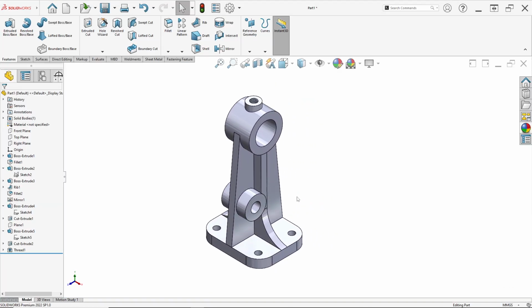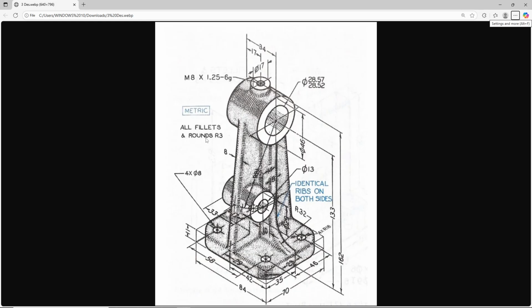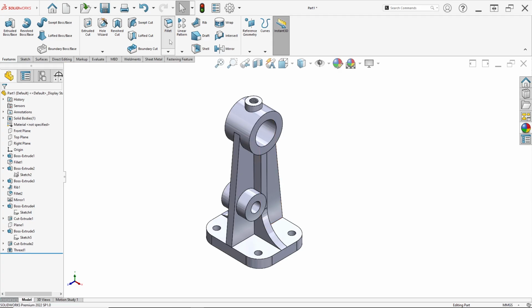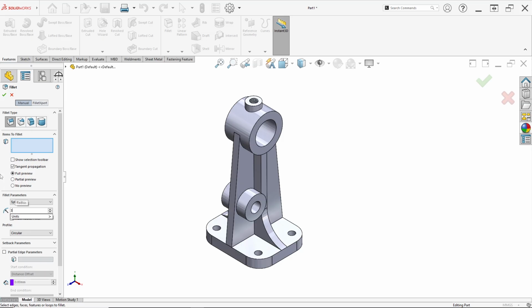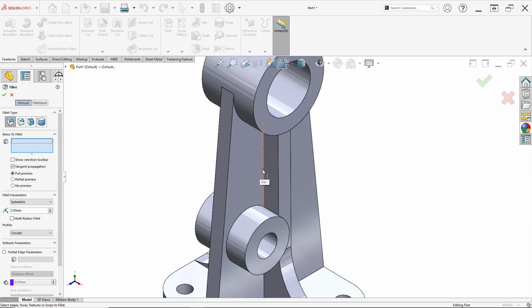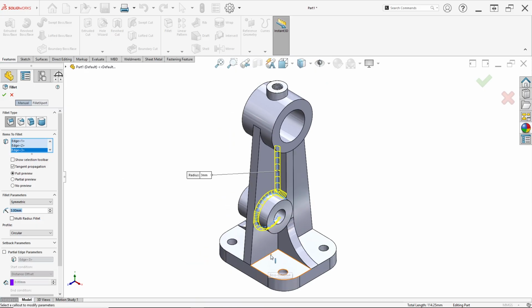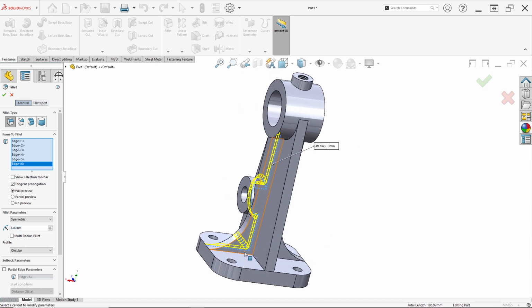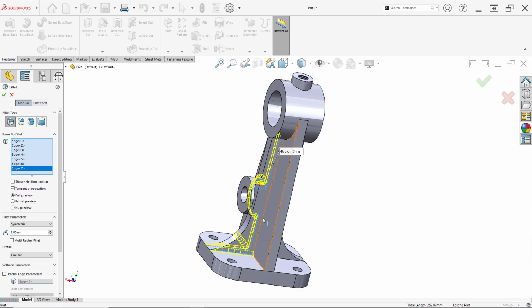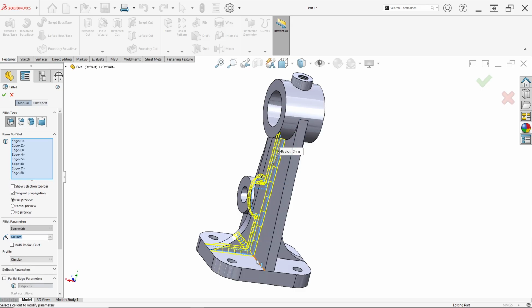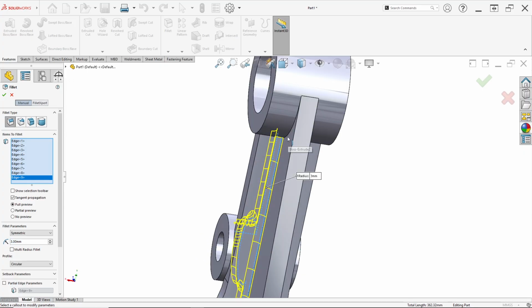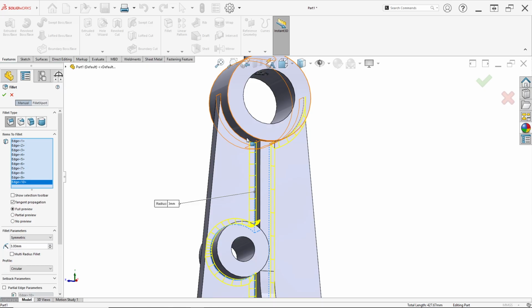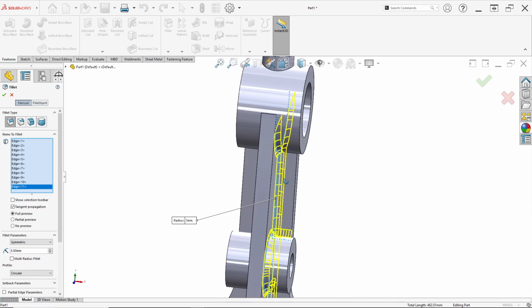Now we can set all fillets around in R3. Radius 3, so select fillet, set 3 millimeter for radius. Attempt the fillets, maybe select this edge, this edge, this edge, this edge, this edge, this edge, and select this edge, this edge, this edge, and this edge, like this.